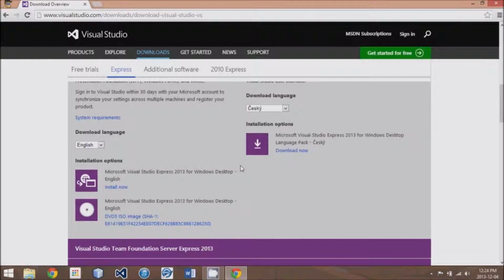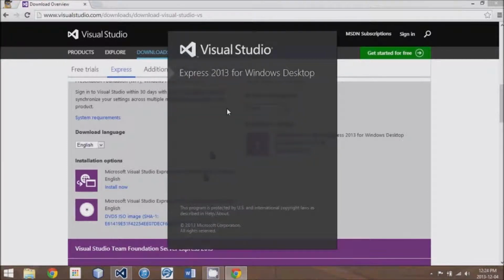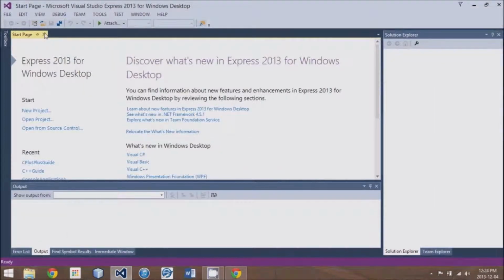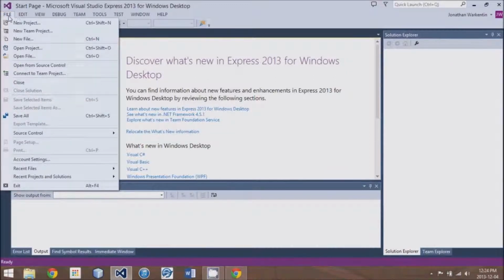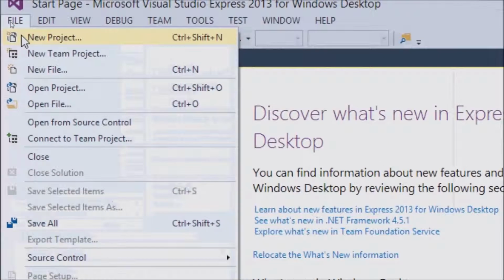All right, I'm assuming you've installed Visual Studio. Now run it if you have not already. It shouldn't take too long. You should end up with a start page, perhaps a few more tabs up at the top, kind of like a browser has tabs, in your IDE. What we'll be starting off with is creating a new program, or a project in this case. So if we go to File, New Project,